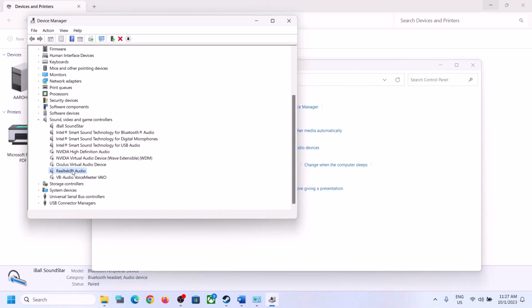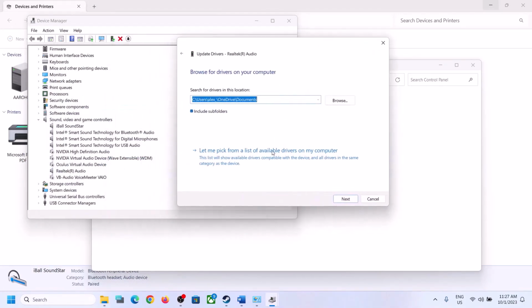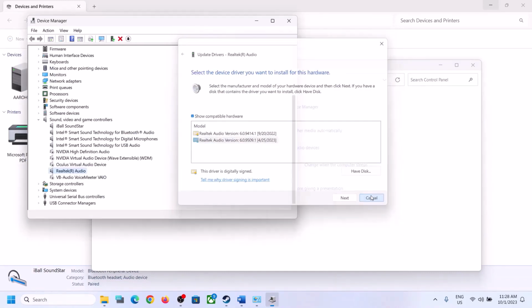and then check. If you're still facing the problem, make a right click and then click on update driver and then click on browse my computer for drivers. And then click on let me pick from a list of available drivers on my computer. When you make a right click over here, you can see different drivers. Here you might see high definition audio device, high definition audio driver, something like that. You can select that and then click on next, install it. Or if you see Realtek over here, you can select another one. You can try different drivers over here. Select different drivers and then click on next, install it and then restart your computer and then